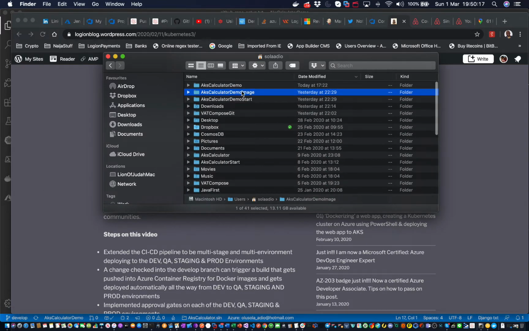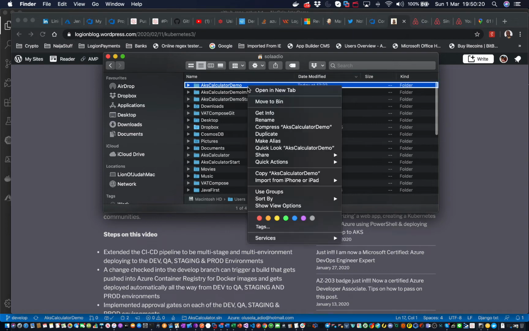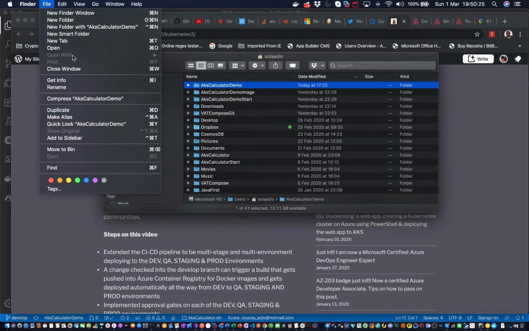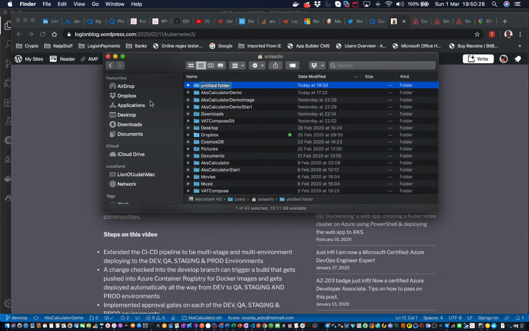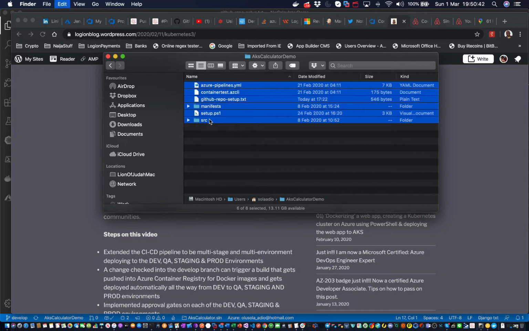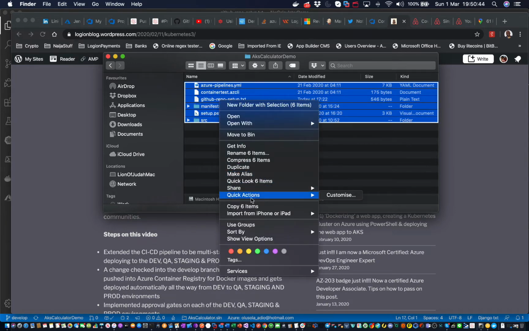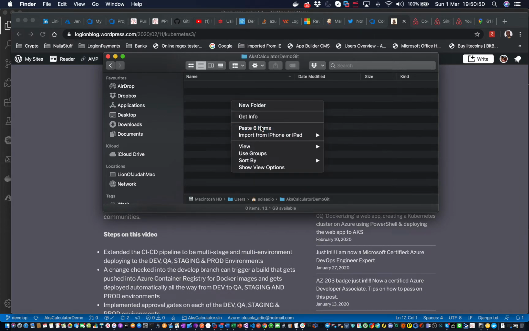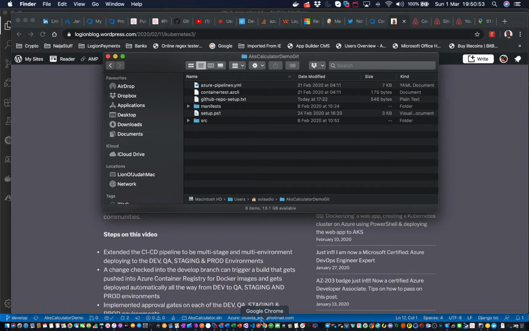So let's go into the Explorer, and the first thing I want to do is create a folder, call that AKS calculator demo git, because we want to use git for this GitHub. And then we go into the existing folder that we've always had, and we do a copy and go into demo git. So after pasting the 6 items,